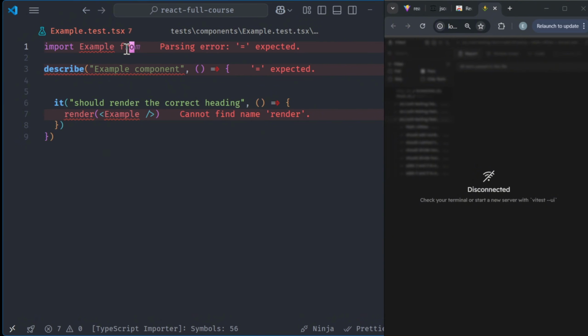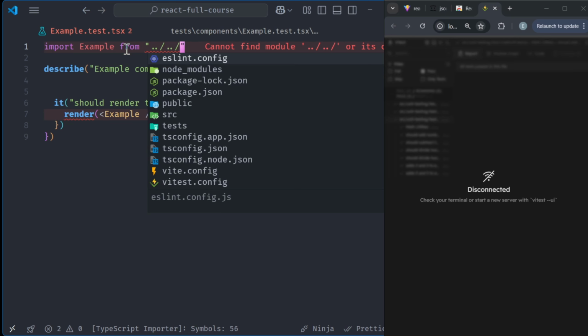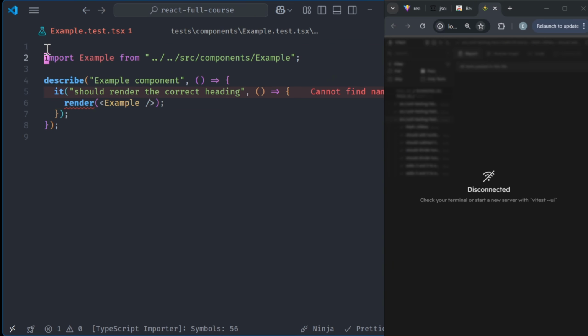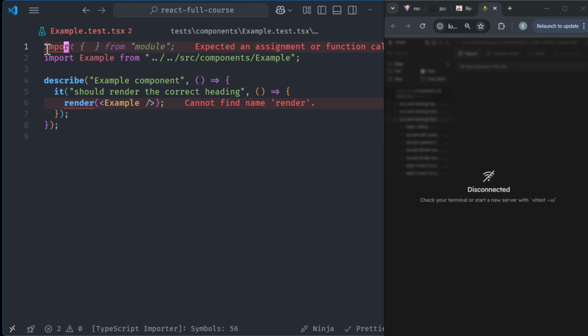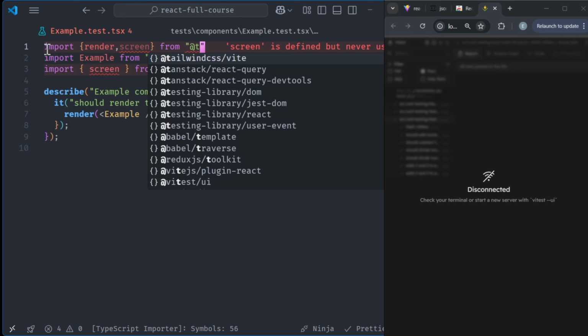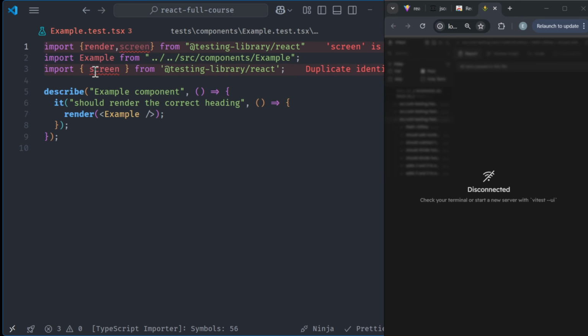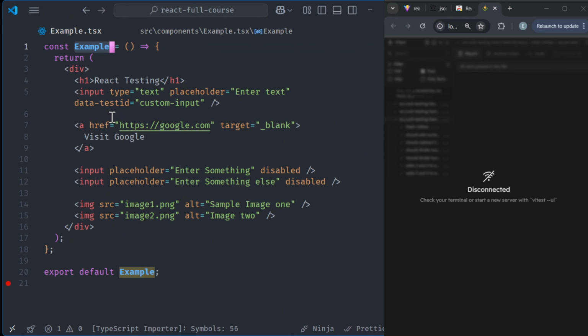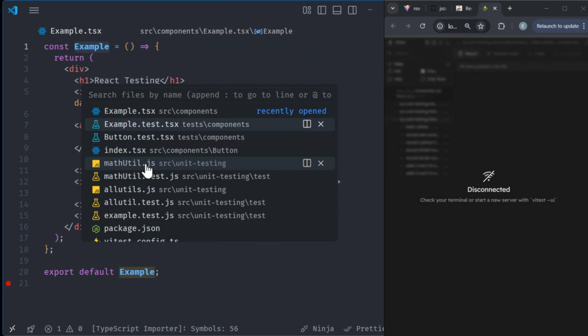Example from src/components/example. And let's import render and screen from testing library React. So now since we are going to be testing for all of this,